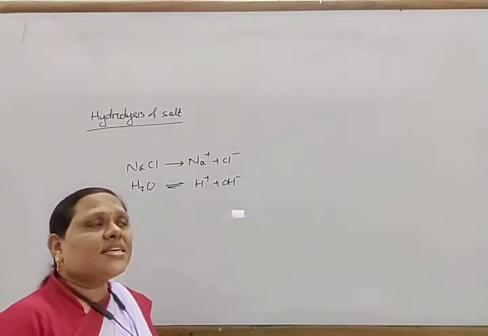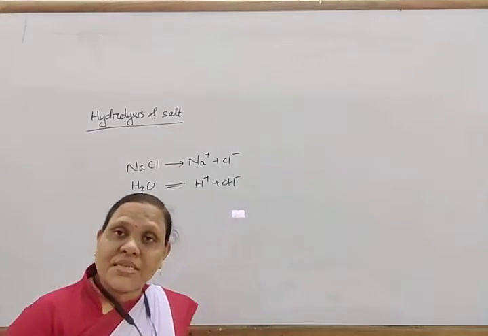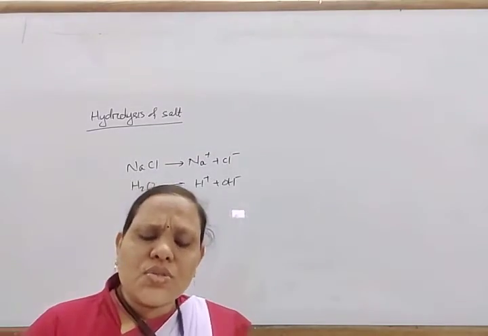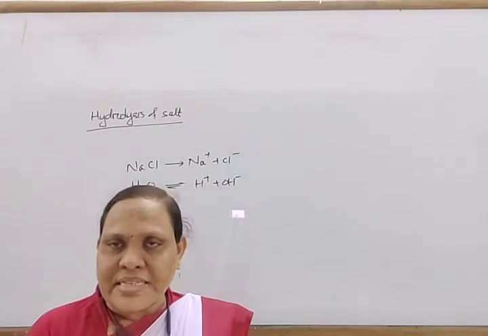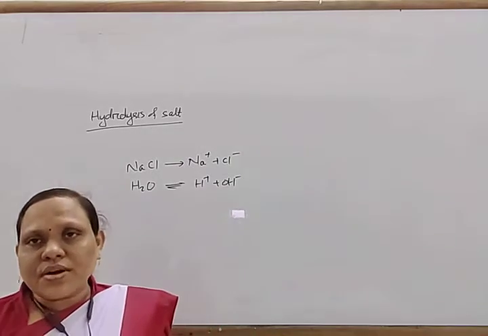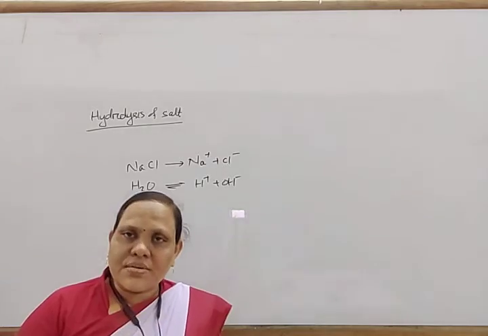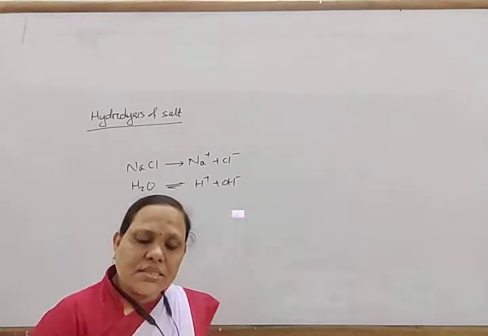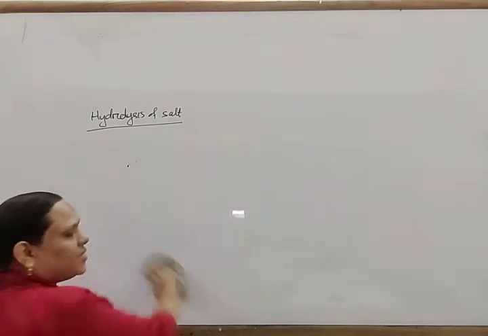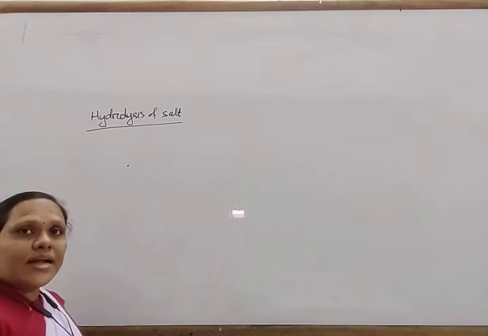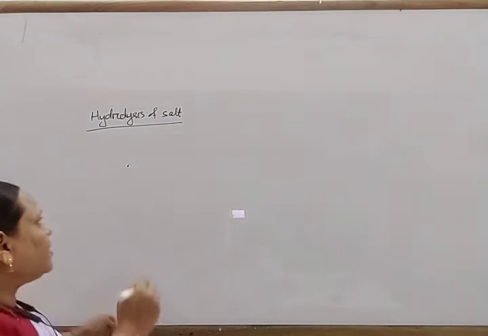Okay. So in which case does hydrolysis take place, and in which case does it not? That depends on the type of salt. Salts may be formed by the neutralization of some acid and base. Acids are either strong or weak electrolytes, and bases may also be strong or weak. In this case, salts are of four types, or we can say hydrolysis of salt is also of four types.